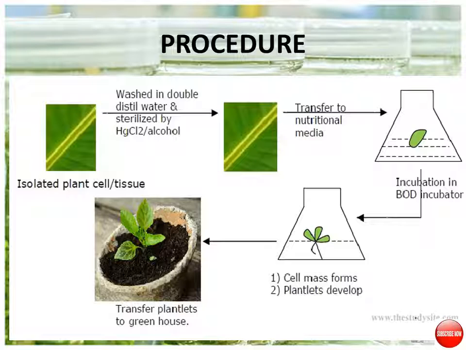So the most important aspect of in vitro culture technique is to carry out all operations under aseptic conditions. Care should be taken that contamination should not take place, and bacteria and fungi are the most common contaminants in plant tissue culture. They grow much faster in culture and often kill the plant tissue. The contaminants also produce certain compounds which are toxic to the plant tissue. It is absolutely essential that aseptic conditions are maintained throughout the tissue culture operations. Some of the culture techniques we'll learn now in the coming slides.